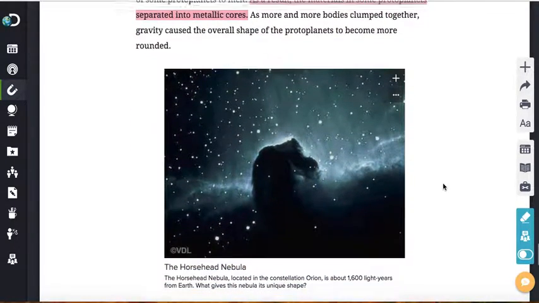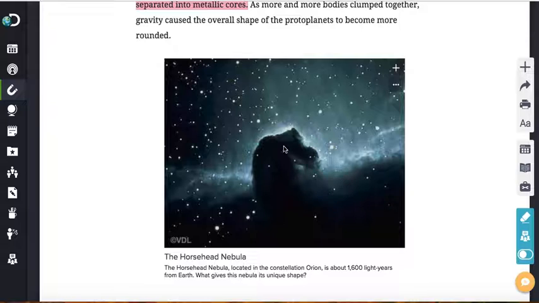This is a gorgeous nebula called the Horsehead Nebula because it looks a little bit like a horse. This one is really cool. What do you think is making it dark right here, out of what I just talked about? Remember, a nebula is an explosion.